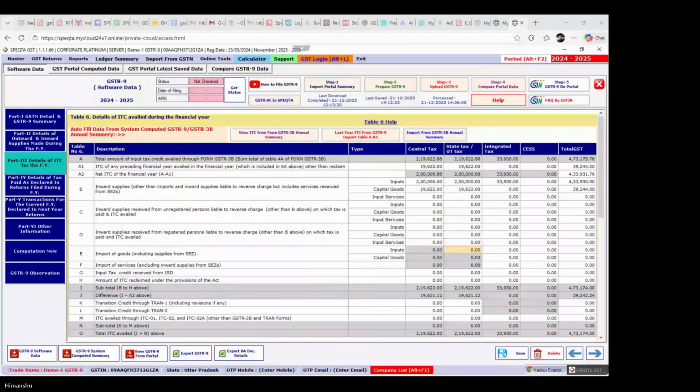सर, आरसीएम का जैसे आपने बताया कि आरसीएम पेड, और अगर इनपुट नेक्स्ट ईयर में लिया है, तो इस साल के 9/9C में कुछ भी नहीं आएगा, इट विल बी अ पार्ट ऑफ 2025-26 9/9C।